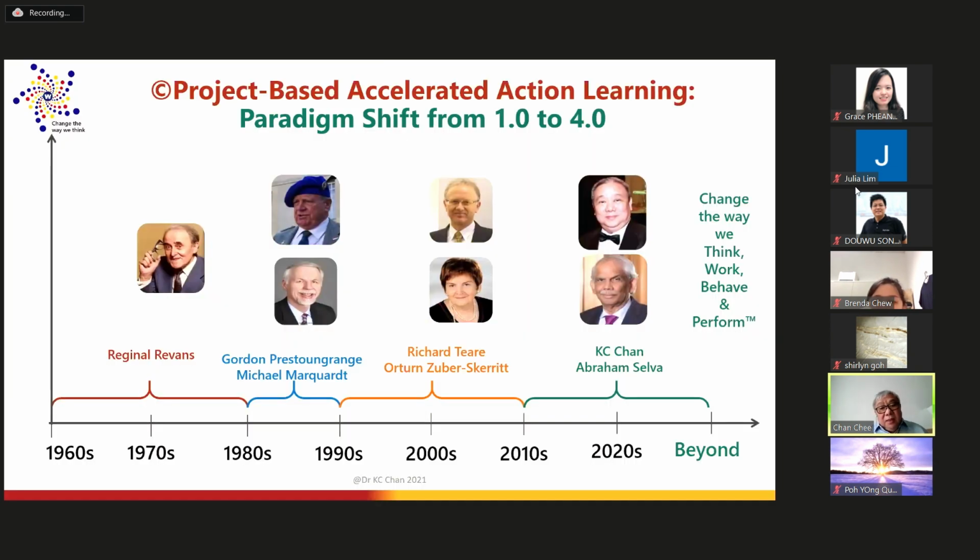So now this is what happened over the years. Revans started this in the 1960s because he was the first professor at Manchester Business School, but he resigned and went back to the industry, and later he formed an institution. So my Professor Gordon Prestoungrange, of course he's knighted by the Queen. Now it's called Gordon Prestoungrange, and then in George Washington University is Michael Marquardt, who has now retired as well. But at the University of Surrey and Oxford Brookes University, you have Richard Teare, and all these are actually,